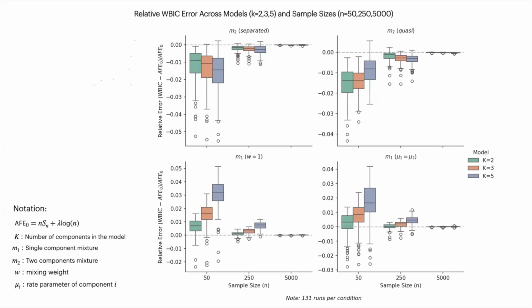So in the first column, when you're using a two-component Poisson mixture model to estimate a two-component data generating process, that's the green box plots. In the top left-hand side, they are underbiased, and obviously at the bottom chart they are overbiased. The bottom chart is the singular setting. The top right is the quasi-singular models that I mentioned. And notice that you still get some behavior of the regular model, but as you can see, the bias is